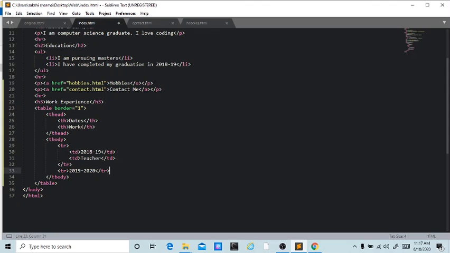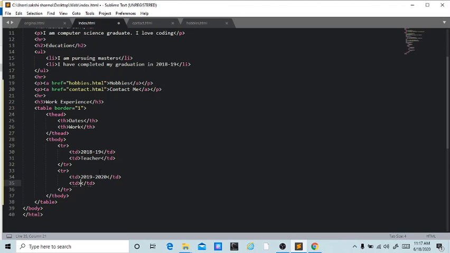See, I've committed a mistake again. It should be TD, not TR. Yeah, TD. You should be very careful about this when you are creating a table. 2019, 2020 and TD.